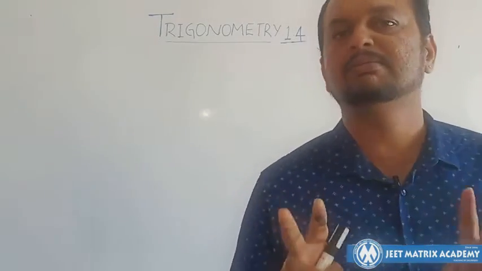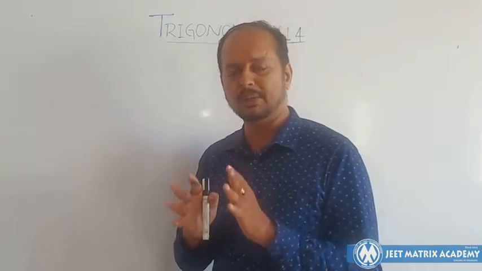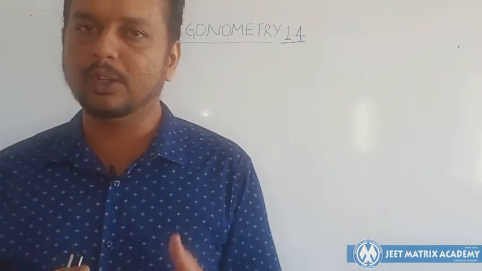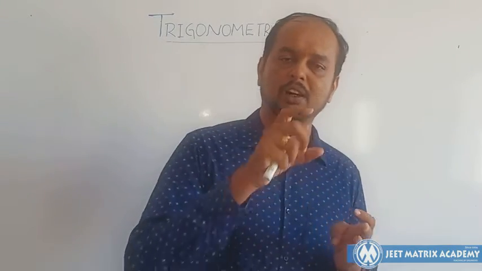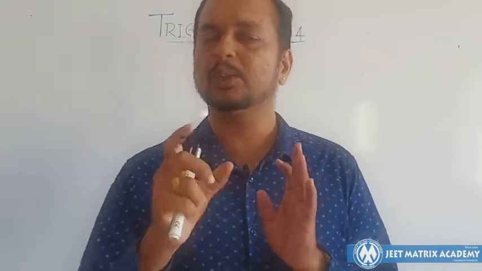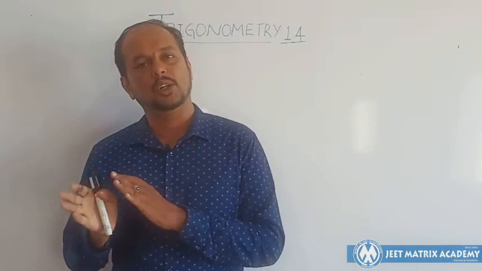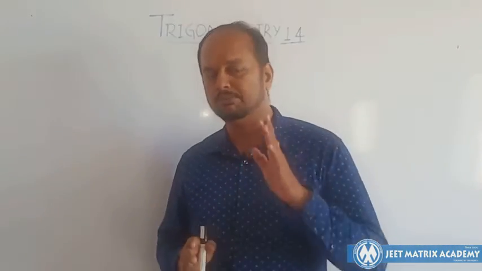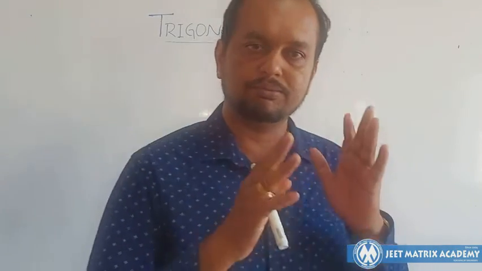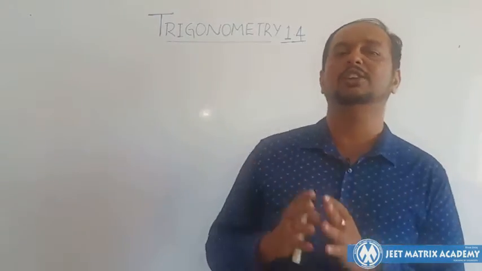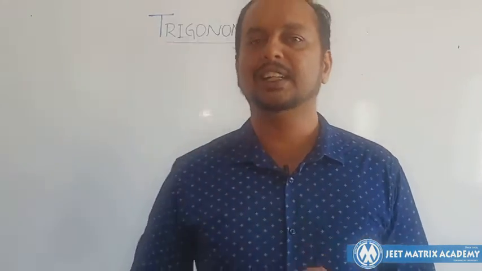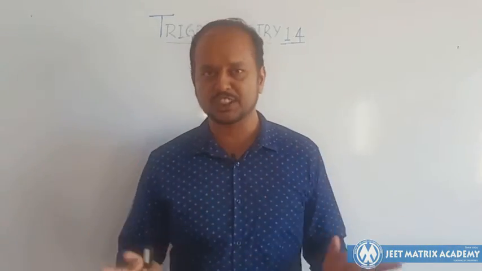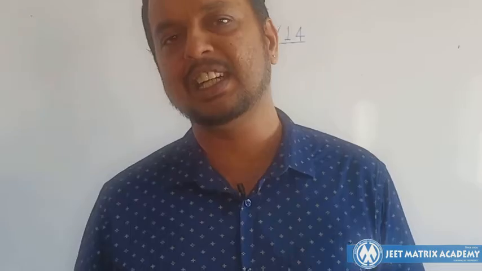So both measurements you are supposed to remember in trigonometry. You have to know the measurement in radians, how you remember all the degrees, and how you convert radian to degree. Both ways you are supposed to remember in this class. So let's try to recall all the values. You remember only one angle, that is sine 0 is 0. That is sufficient, so that the rest of the things you can easily make out.